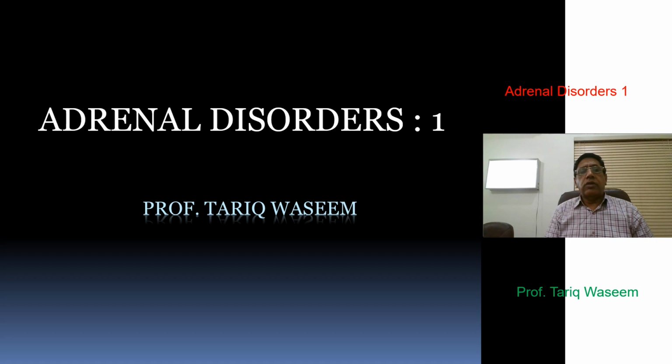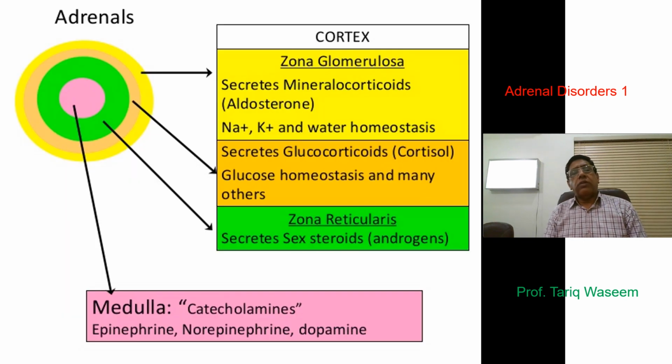Today we'll be starting with the adrenal disorders, and we'll be having three lectures in a series on adrenal disorders. Before we start on the case scenario or disease pattern, we just have a recap of what adrenal glands are and how they function. As already studied in your physiology and anatomy, the adrenal glands lie over the top of both kidneys. They are a small gland with a circular shape and two parts: the central part is its medulla and the peripheral part is called the adrenal cortex, and they both have distinct